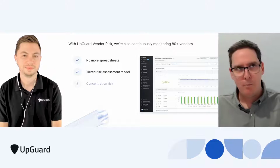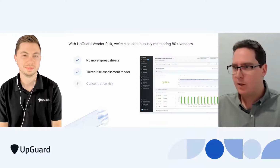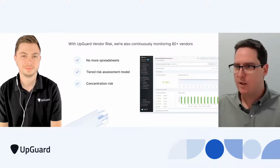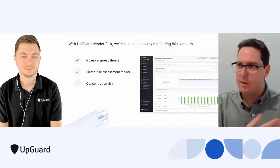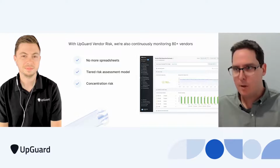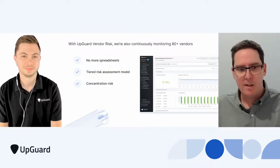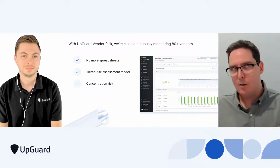So, actually, that's one of the surprise features, I guess, of the platform that we weren't expecting when we signed up, which was the concentration risk feature. So where we have 80 vendors and maybe 40 of those vendors are all using the same software, or they've got a supply chain common touch point between all those vendors, which we find really interesting, and we use as part of that monitoring process for the vendors, so not just the initial assessment, but then into that monitoring process. And monitoring itself is a really important part of the vendor management process,